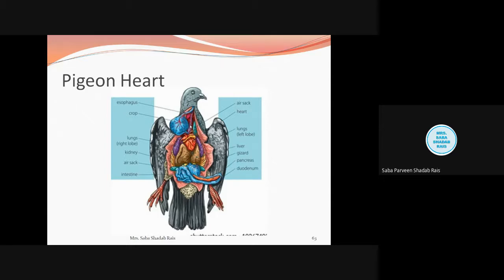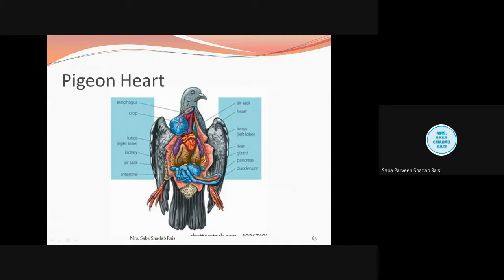Now, this sinus venosus was having the collecting ducts and all, so all these things will be fixed inside the atrium itself. When we compare the bird's heart with other vertebrates' hearts, as compared to the body, it is comparatively large in size. Now you all can see the position very well: it can be seen mid-ventrally. It is present in the thoracic cavity.